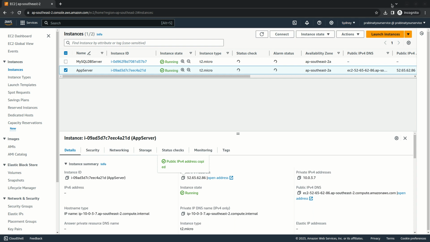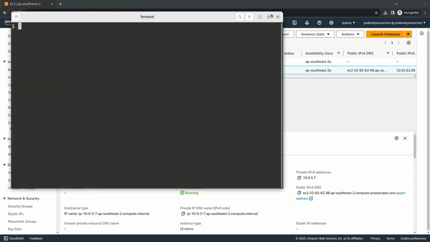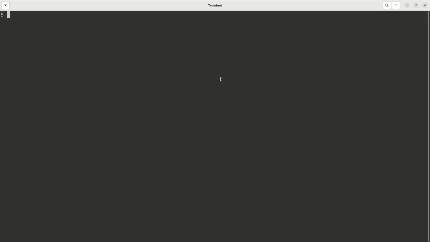So what I'm going to do here is SSH -i download my key pair, and we need to mention ubuntu @ this. But before I run this, I just realized that the